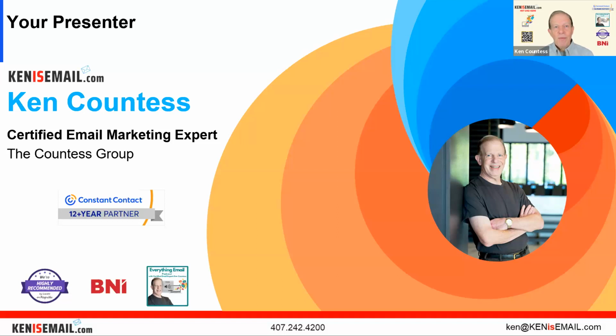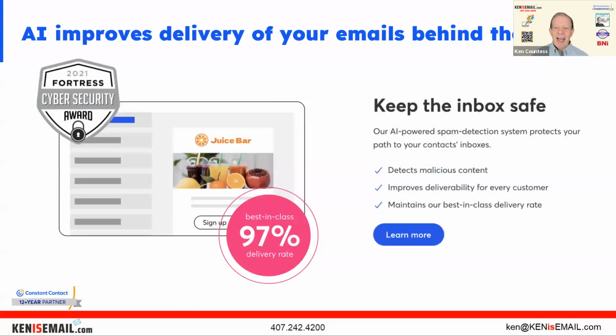There are dozens of them out there, but I'm going to give you a demonstration of Constant Contact a little bit later, not so much to talk about that specific tool, but the kinds of things you can use it for, including AI. And speaking of AI, the team at Constant Contact has actually been working with AI since 2019